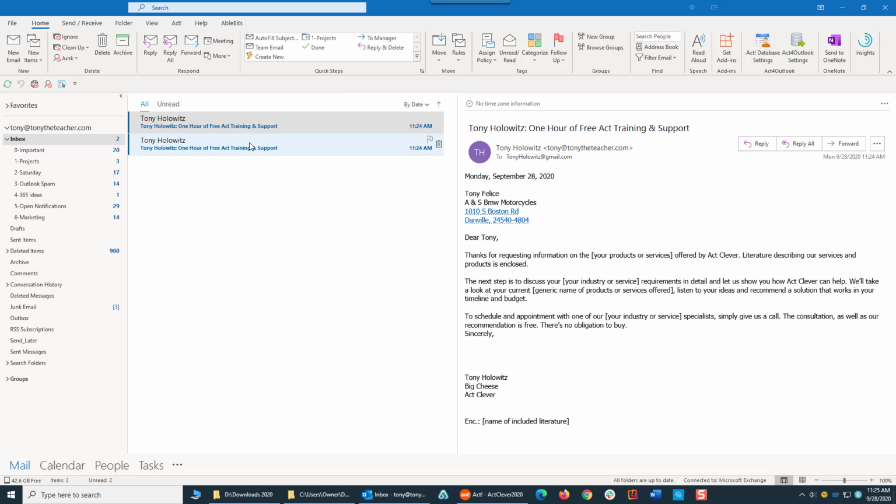So here's the first one. Here's the second one. And see, it put their name in, all the information, and it sent it out, with the date and all the information. So instead of printing it out, I sent it out. Now obviously we would have had to modify this, but it did go out. And that can be a great little feature to have when it comes to sending out